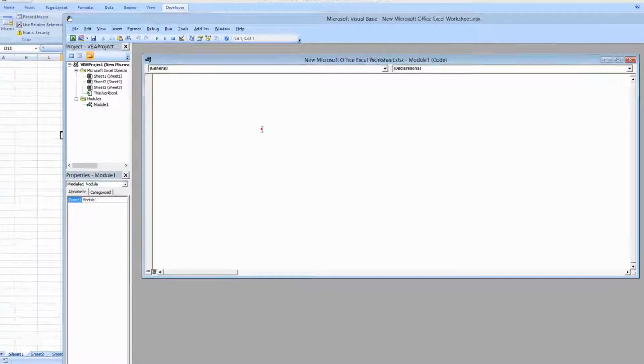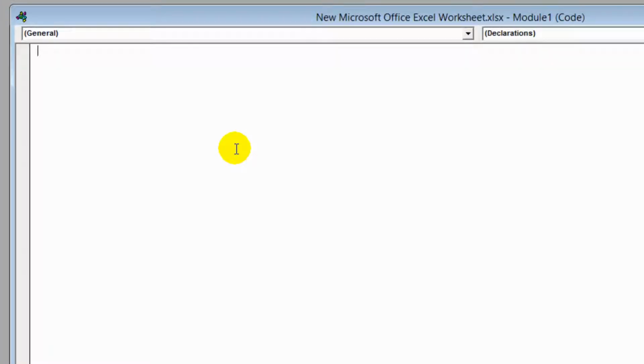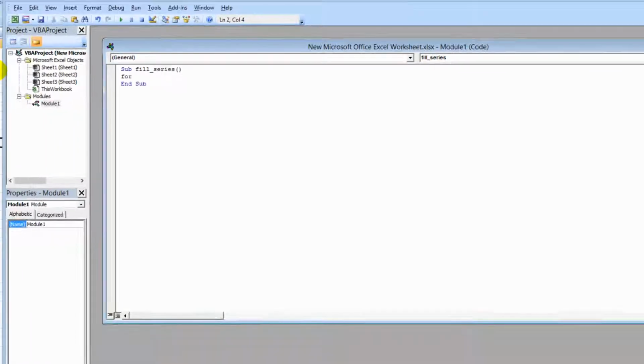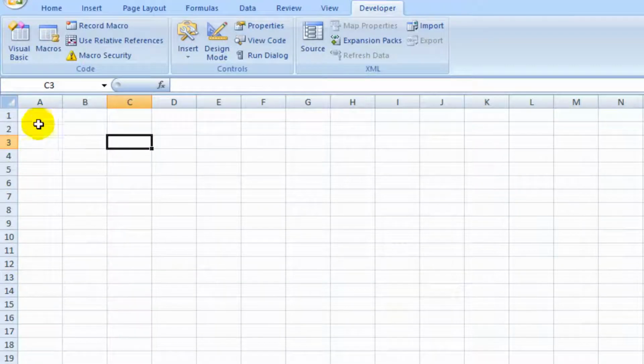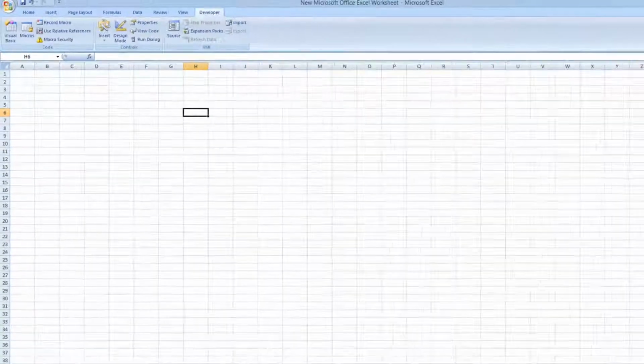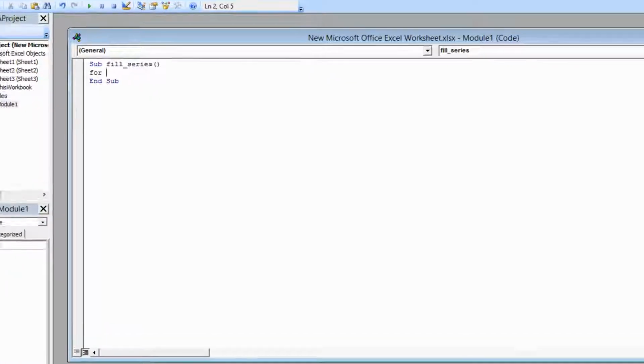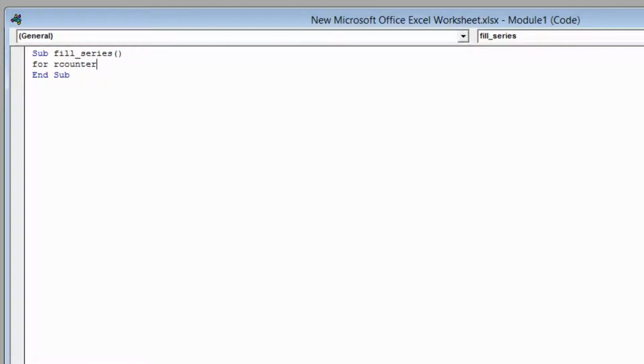You should be very familiar with this by now. Right, so let's do a program. Sub. I want to call it fill series or multiplication table, whatever you want. Okay, and I will have the for loop. So I can have the row counter. So my row counter will be the 1, 2, 3, 4, 5 down here, these ones, and now column counter, these ones up here. And so what we can do is for row counter, I'm gonna call it R counter,